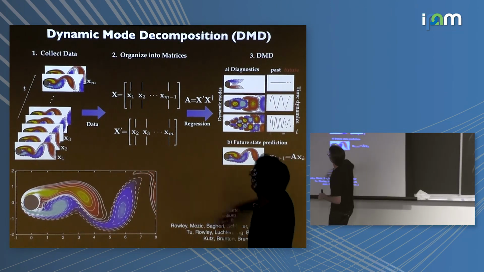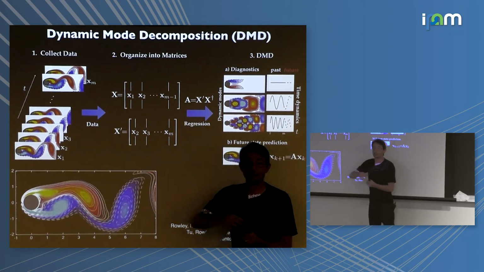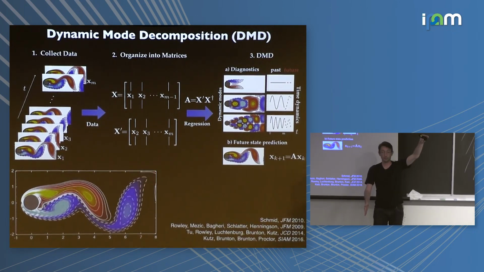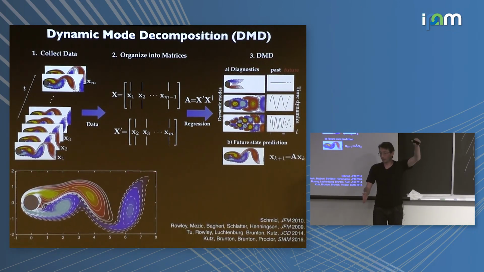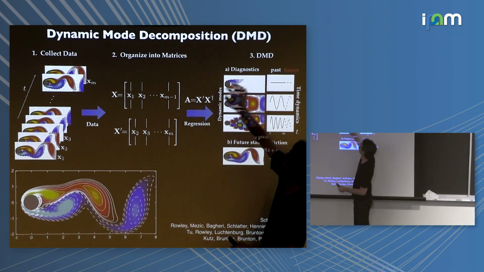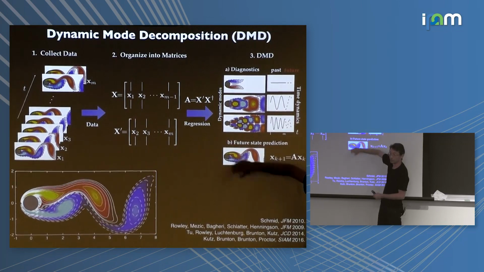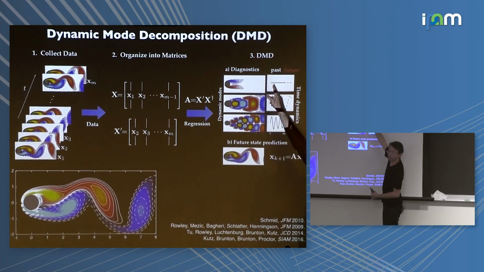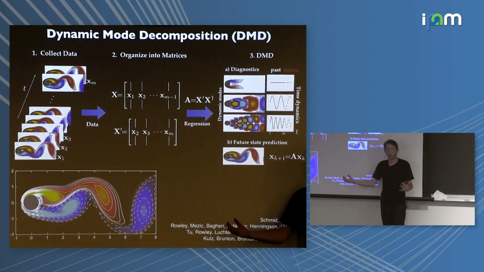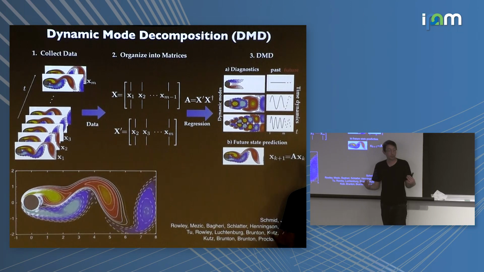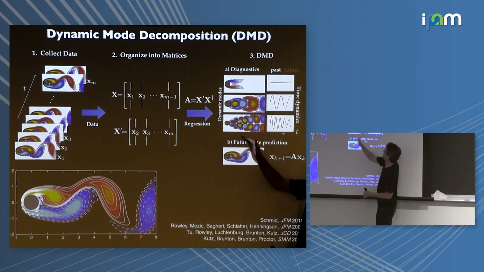OK? And this matrix A has the size of my flow field by my flow field. So it's gigantic. And its eigenvectors have the size of a flow field. I can reshape those really tall, skinny eigenvectors into things that look like flow fields, things that look like the state of my system. And those eigenvalues are going to be like normal eigenvalues. They're going to have oscillatory components. They're going to have exponential growth or decay. They might be constant in time.